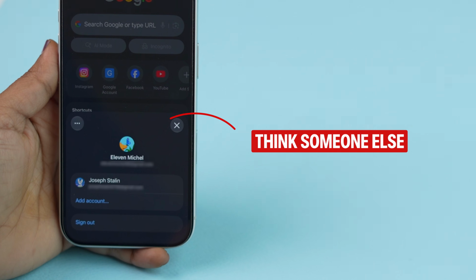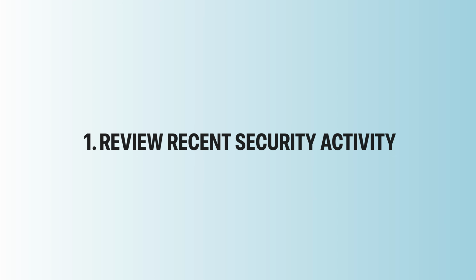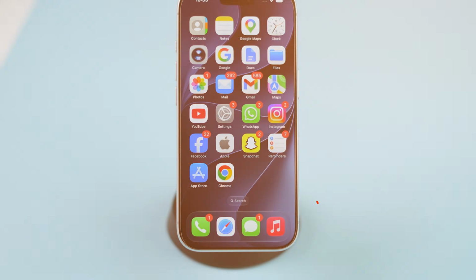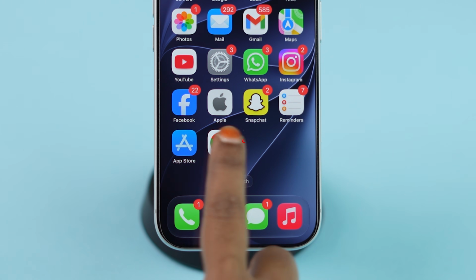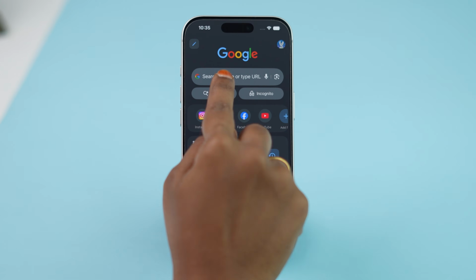Think someone else is using your Gmail? Check now. Review recent security activity. Open any web browser on your iPhone, Android, or computer. In the search bar, type